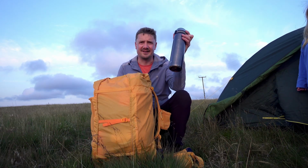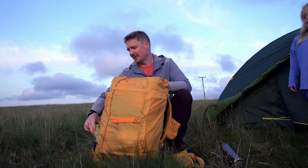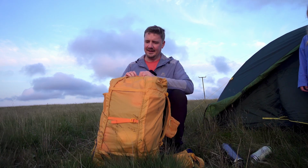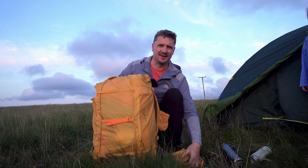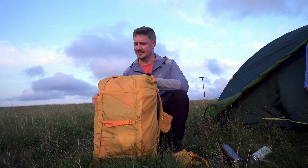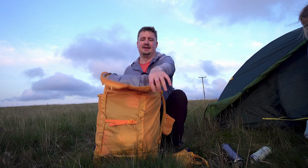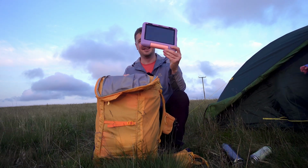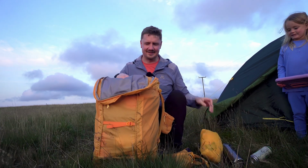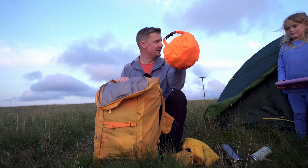So a 900ml water bottle in one of the side pockets, and then in the other pocket, a can of cider. In the little pockets I've just got my DJI Action 4, my phone in the other pocket, and a set of earpods. Essentials: a tablet for you, a waterproof jacket, a big bag of snacks and wipes and a drink,